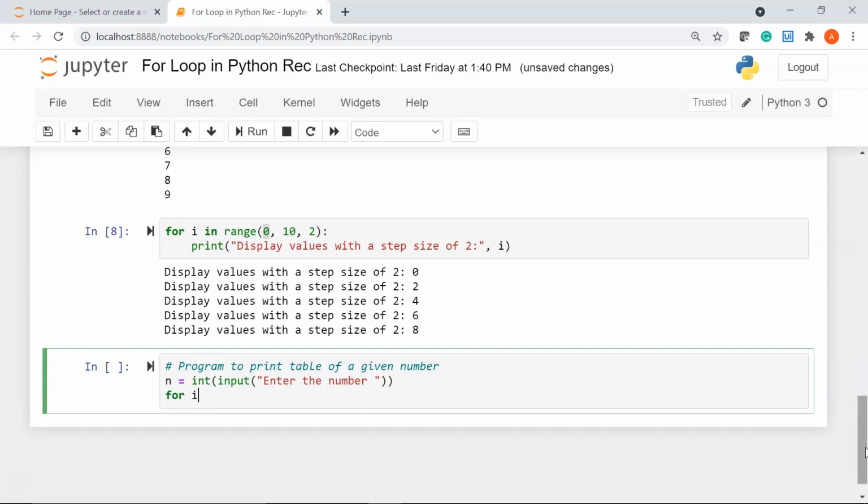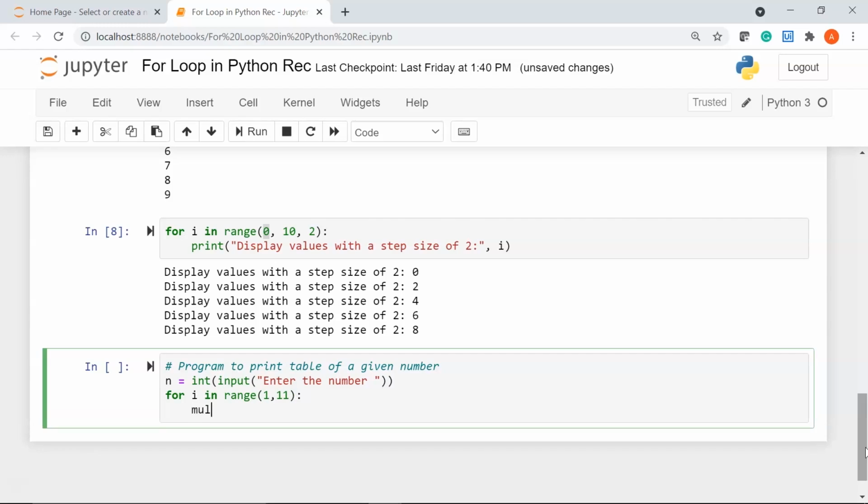I'll say for i in range from 1 till 11, I'll say mul = n * i. So basically what I'm doing here is I'll take a user input of the number. Let's say we want to print the table of 5.